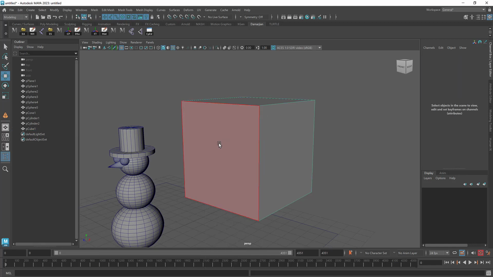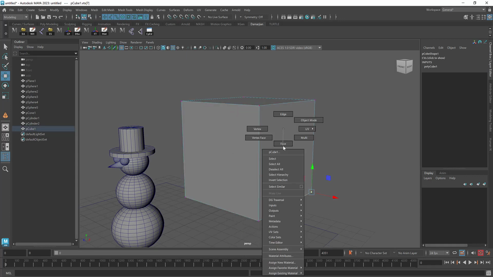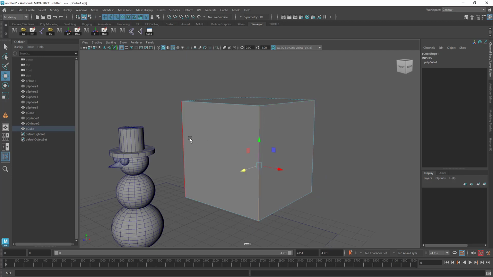So if I go to face mode, notice I can select these faces. If I hold the right mouse button down, I go to vertex, notice I can select these vertices. If I right click again, I can select these edges. Now, alternatively,